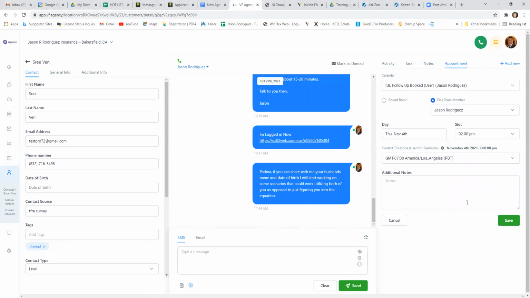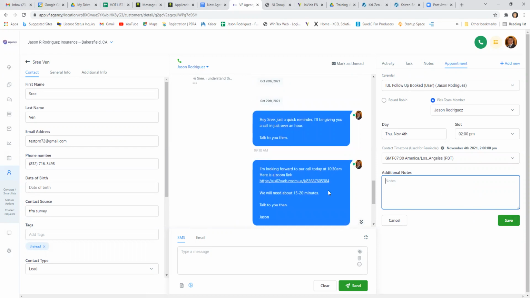It's all based off your calendar. You can put in additional notes there. They will be seen by the client. Keep that in mind. And then when you're done, you can hit save, and then they will get an automatic